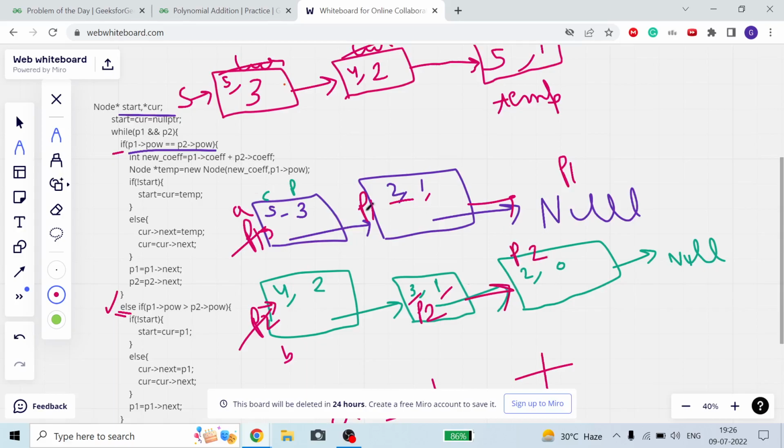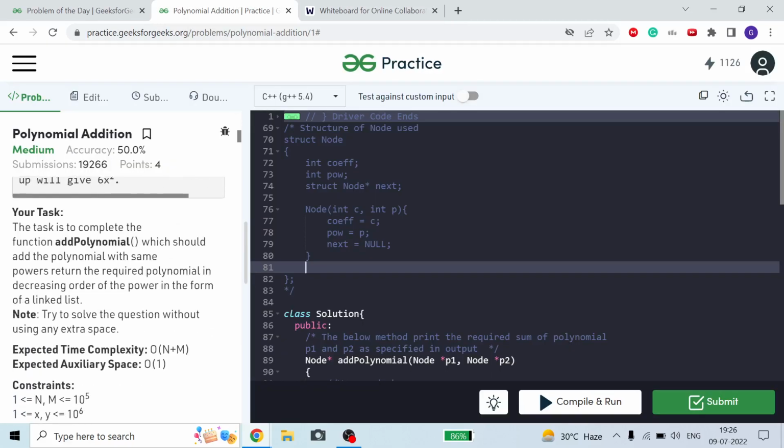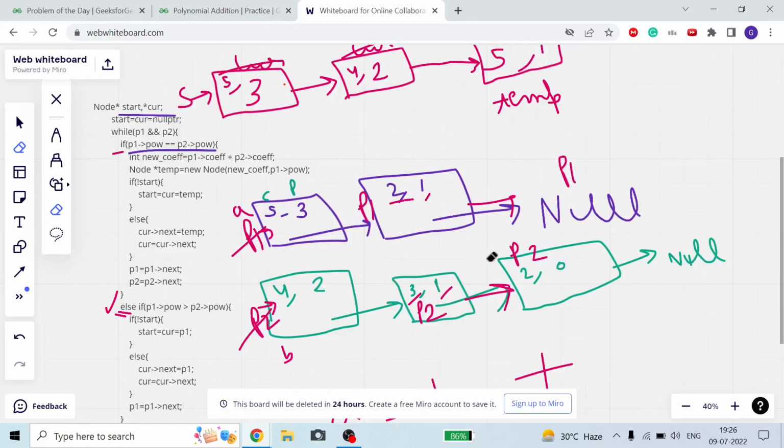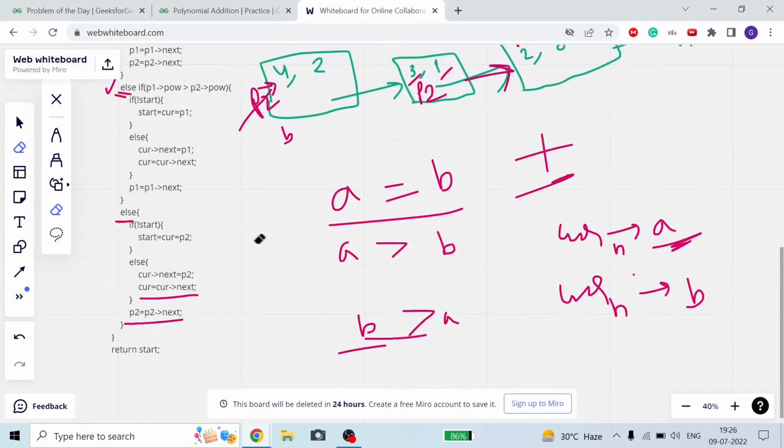Sorry guys, I made a mistake in one case here. Power 0 I think cannot be possible here. It is given that x comma y should be less than 1. Okay, and I tried it for different cases. The last power will always be the same, meaning either both become null or both become not null. P1 and P2 either both become null or both do not become null. This is the simple condition here.